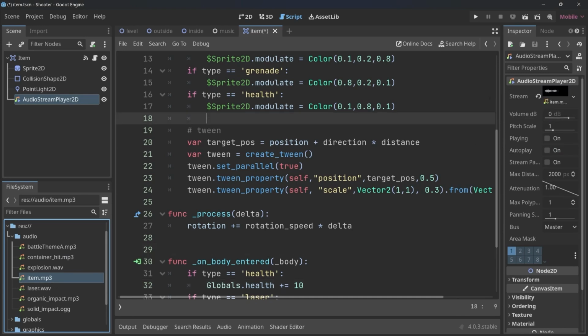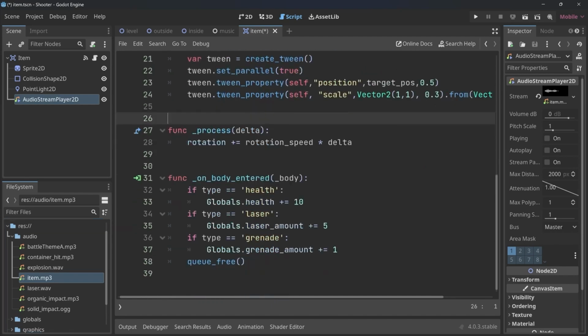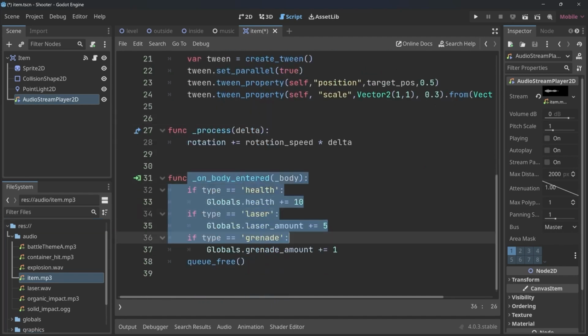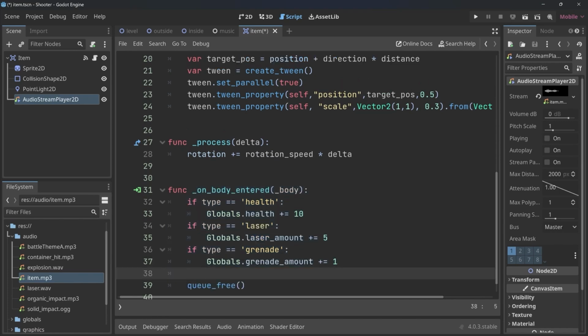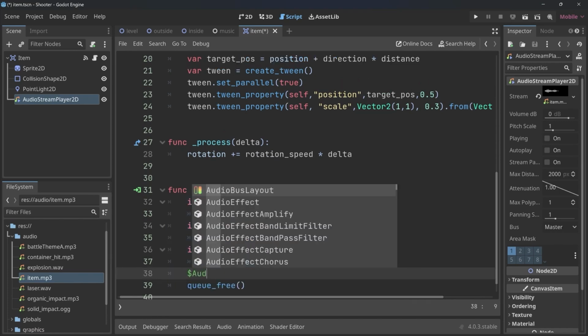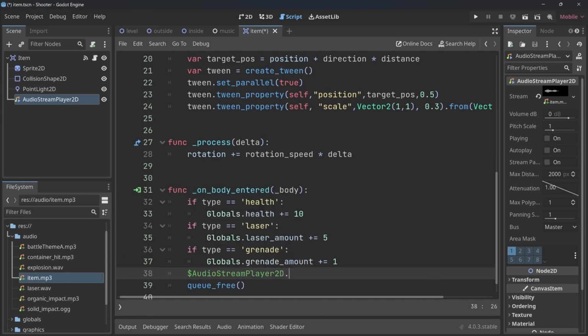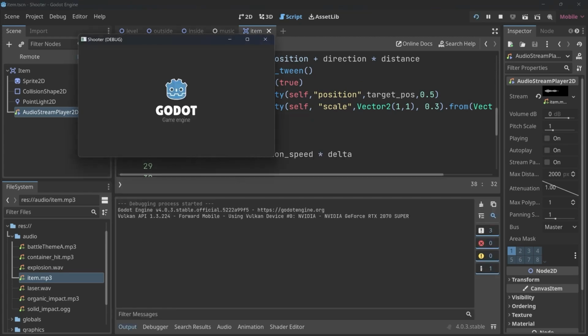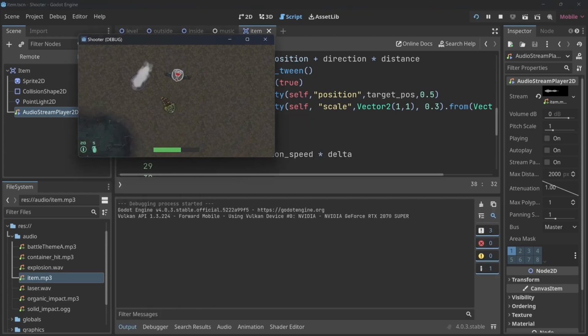And now we have to figure out when to play it. This should happen when the player is colliding with it. So all the way at the end, before we are destroying the scene, I want to get the audio stream player 2D and play the sound. But that isn't quite going to work, and I hope you can see why. Basically,